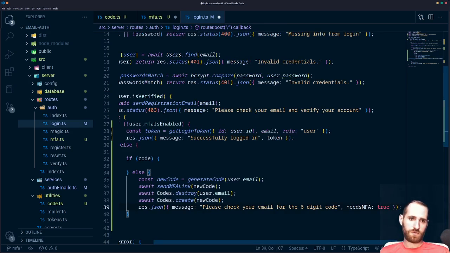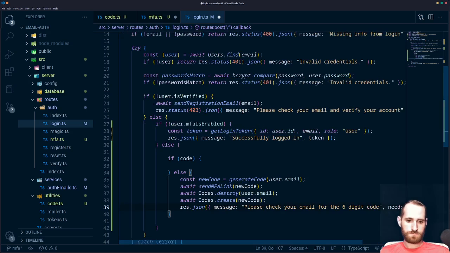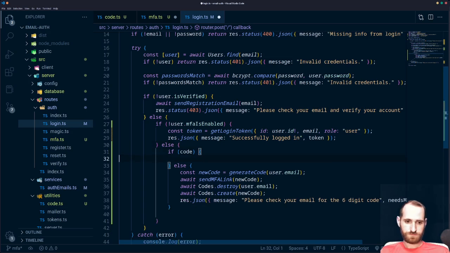We'll get that code. We can make the client side expand to have a second input. What we'll do is do something like this. So if that code is not present in the req body, we're treating it as a brand new login attempt. And if it is, we will attempt to validate it. So if that code exists,